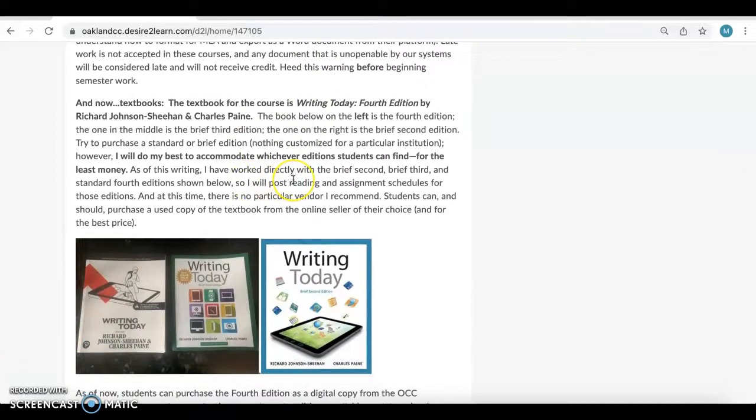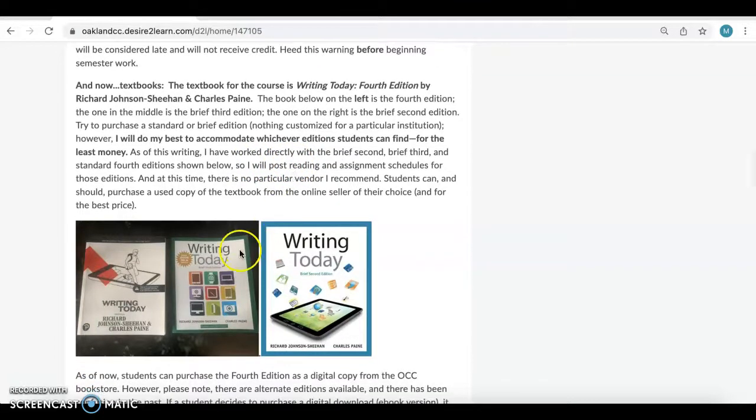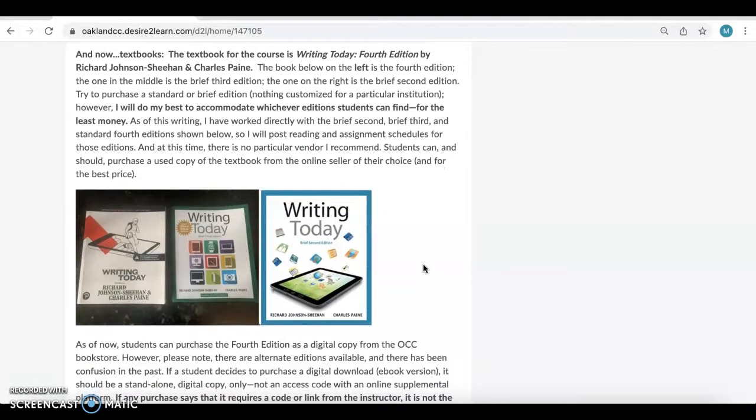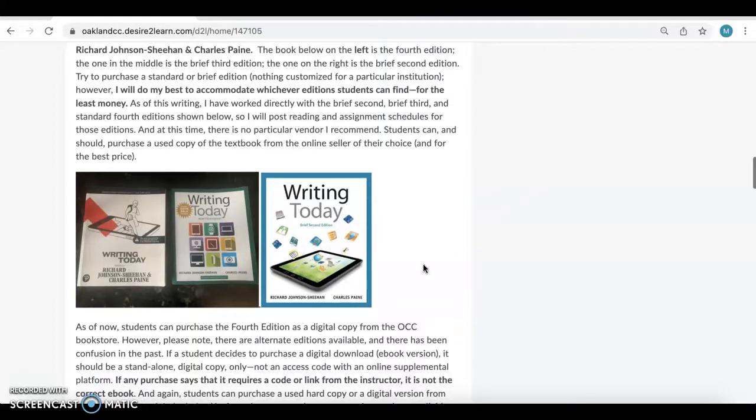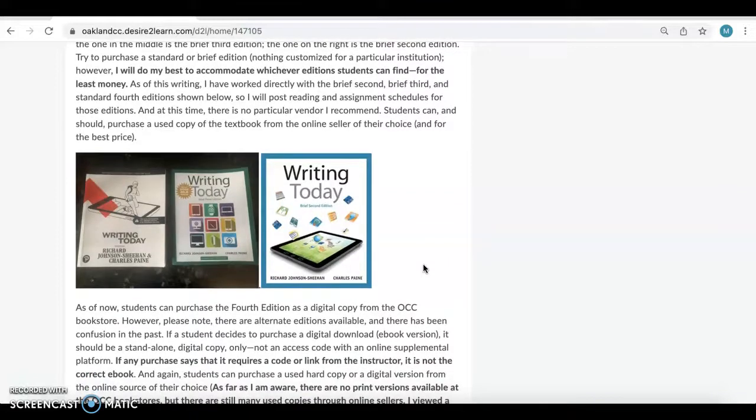The textbook information, I think it was pretty straightforward with those. My main aim with any of these is that students pay as little for these textbooks as possible. But I do think it's important for a lot of students to actually have one in hand. I still have a lot of students that request that over top of having a digital one. There is a digital one available, as most of you saw, if that's what you prefer. Most of my students still ask for a hard copy of some kind.